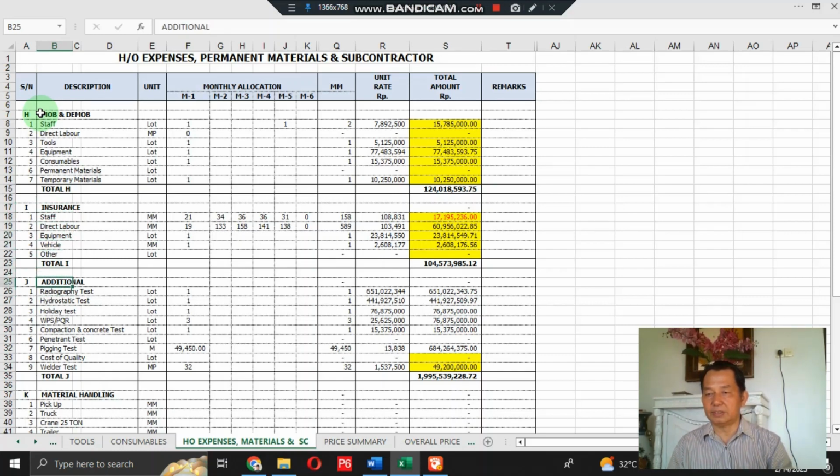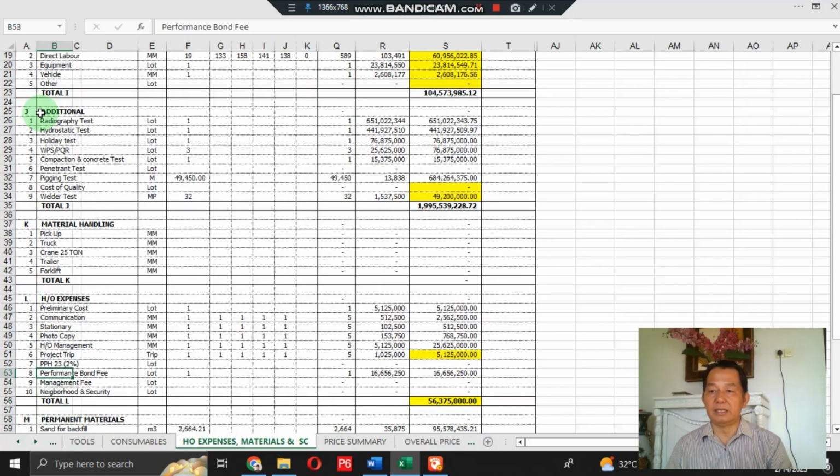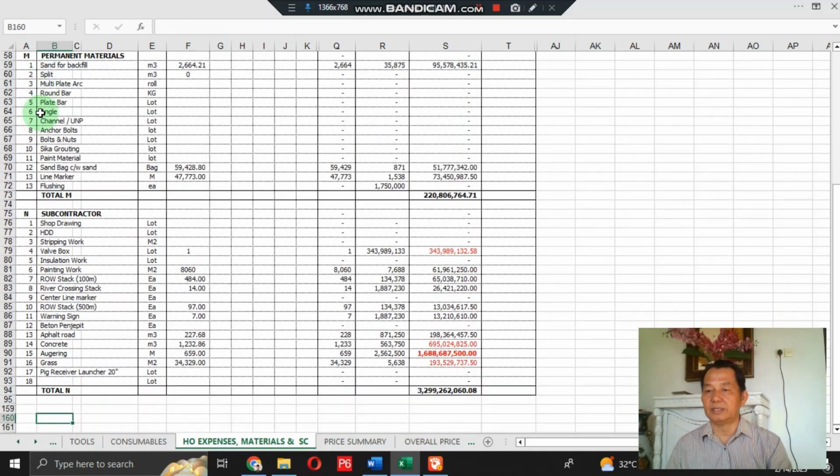Additionally, there is radiography subcontracting by head office, and then hydrostatic test, also subcontracting by head office. And then material handling, other head office expenses,